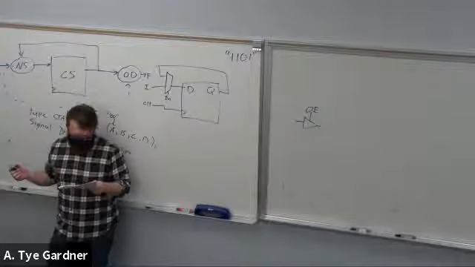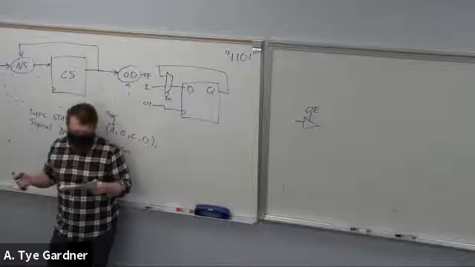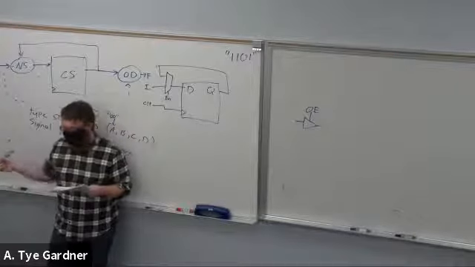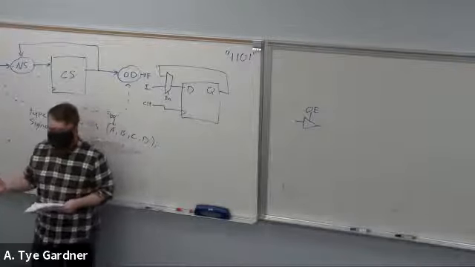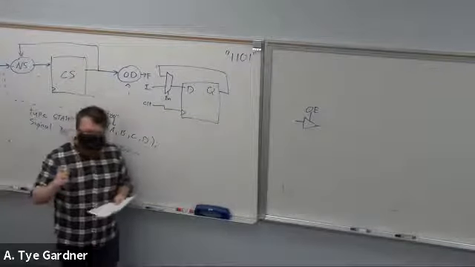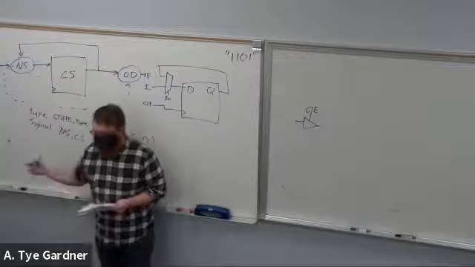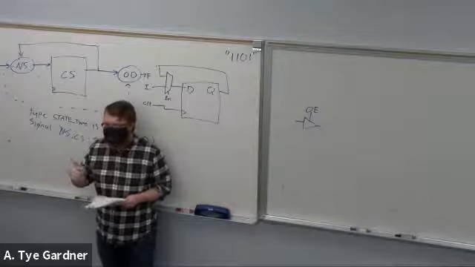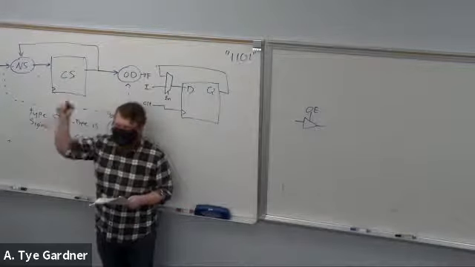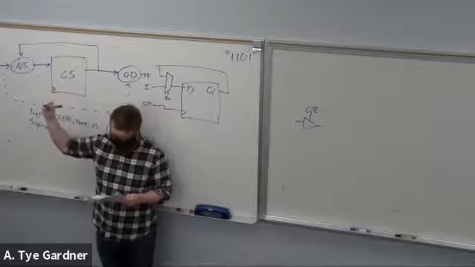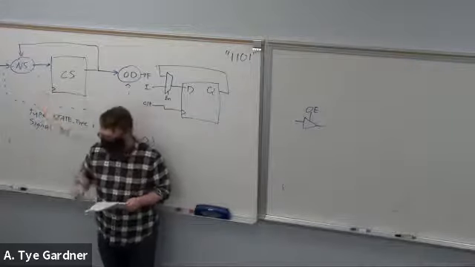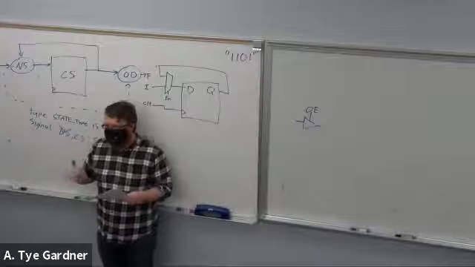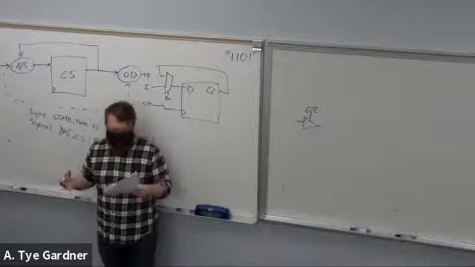Number 12, write a component declaration for an n-bit adder. So there were a couple of things that I was testing on this. Number 1, I was testing that you knew what a component declaration was, because a lot of people keep screwing this up. And that's just saying where you say component, give it the name, and then fill out the port, right? I saw a couple of people that did